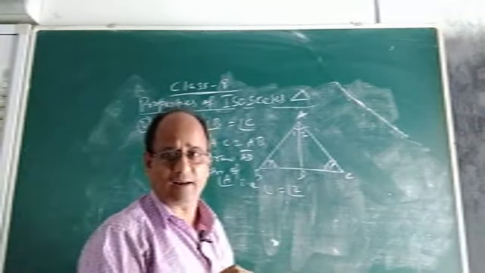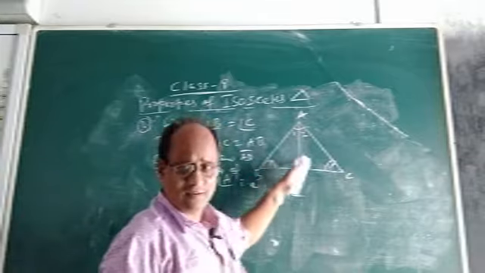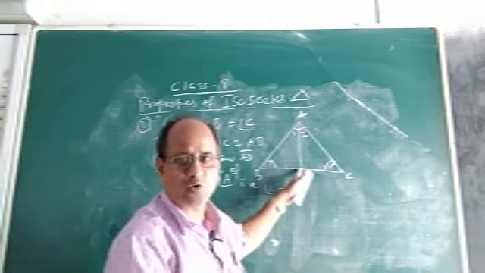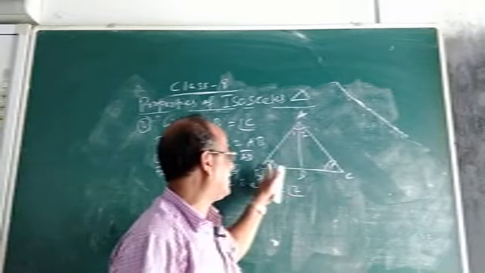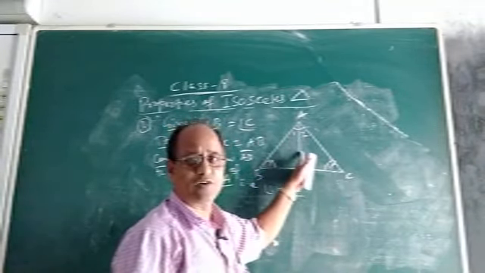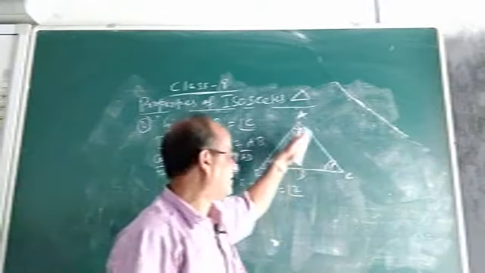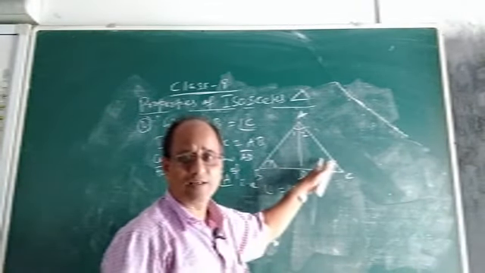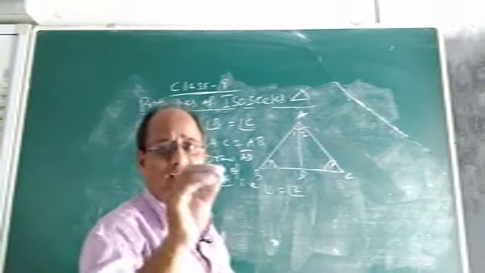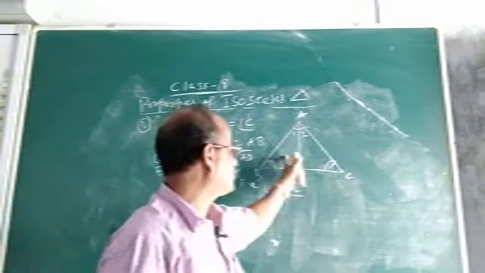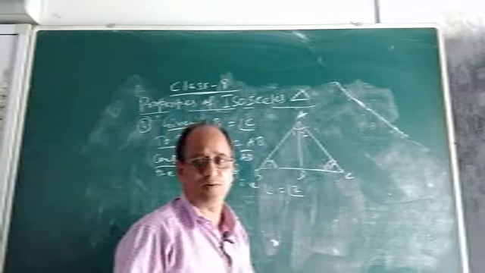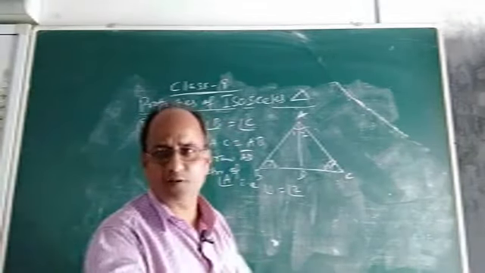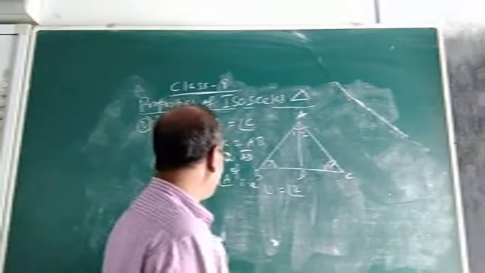ASA, angle side angle. So here AD is the common side which is not included. This AD is not included between angle 1 and angle B or angle 2 and angle C. So it is not the included side. And since AD is common in both the triangles, it satisfies the angle side criteria. So these two triangles are congruent. And if these two are congruent, automatically AB and AC will be equal by congruency. Okay, so the proof is so simple. So let us prove it.